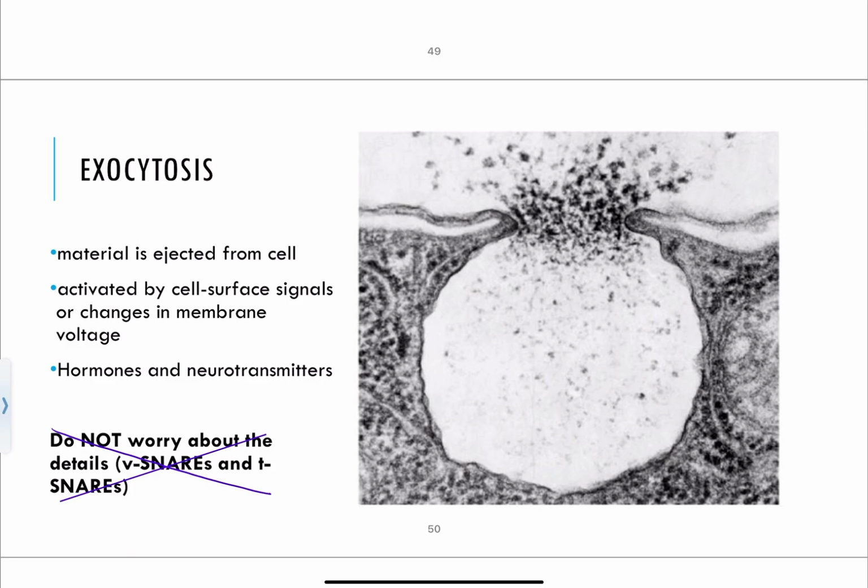Just understand what exocytosis is, understand the three types of endocytosis, what they are and what the difference between those three are, and what vesicular trafficking is, and that all of those processes are a type of active transport and that they are going to require energy in the